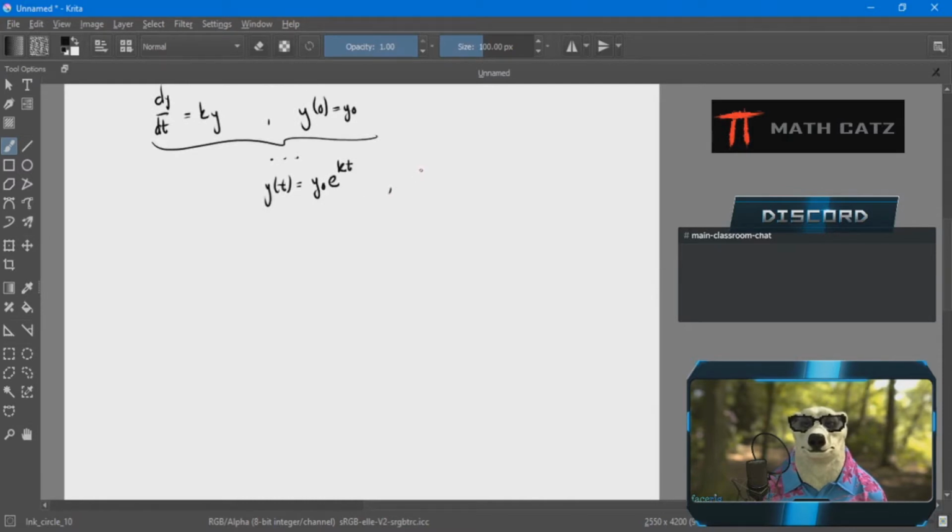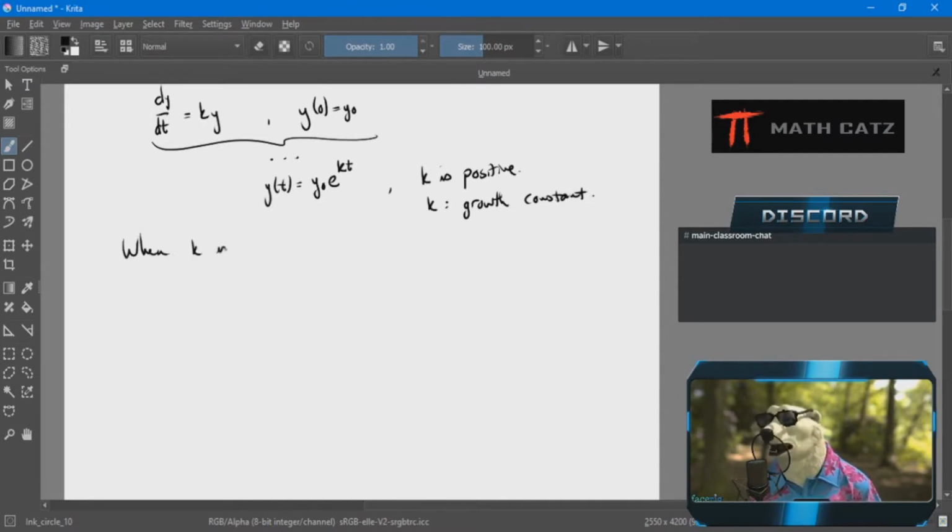So it's important to note here that k is positive. k is called the growth constant. But so there's also another side to this. When k is negative, often if we look at radioactive material,